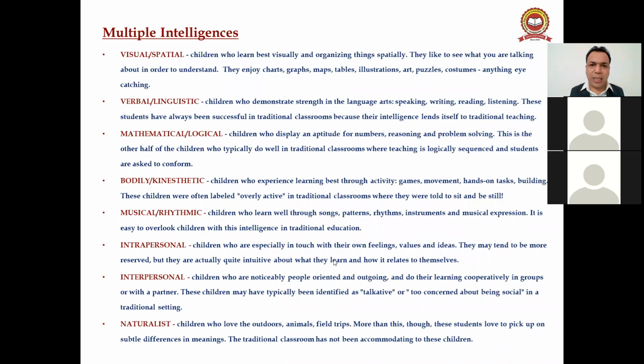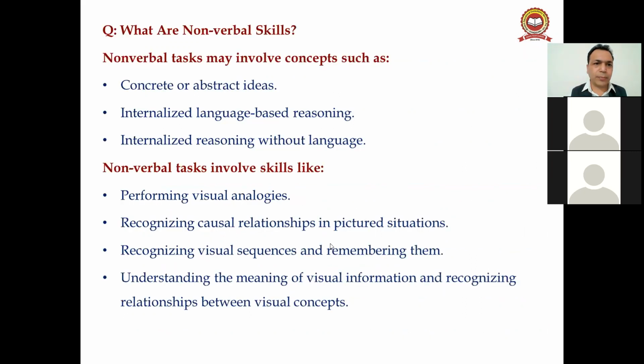These are a type of multiple intelligence. Okay, there is no need to learn in detail. You can learn all the types, these are very simple. The types of multiple intelligence: visual intelligence, verbal intelligence, mathematical intelligence, bodily kinesthetic intelligence, musical intelligence, intrapersonal, interpersonal, or naturalist, right? It is already very simple. We have discussed it many times.